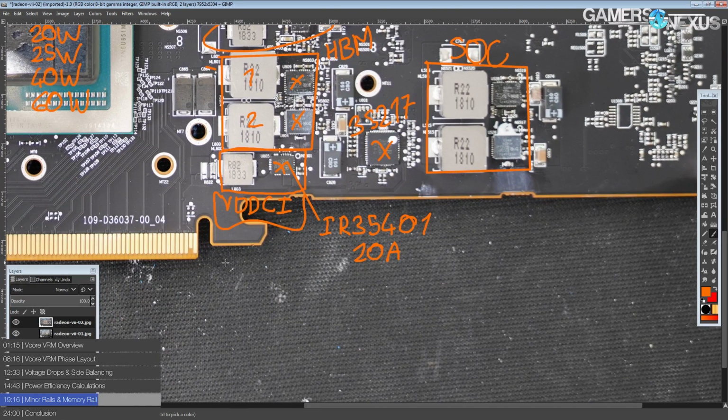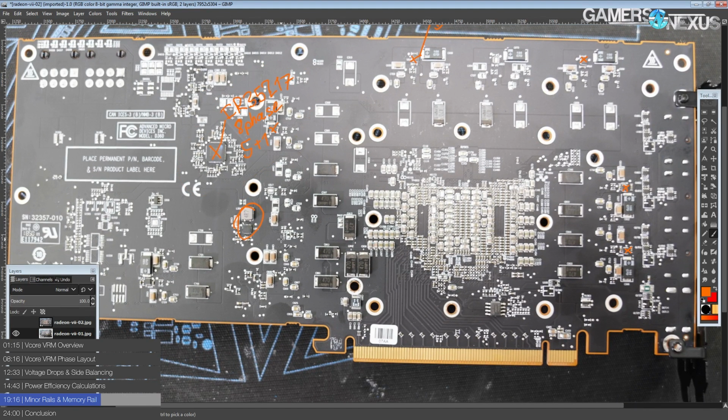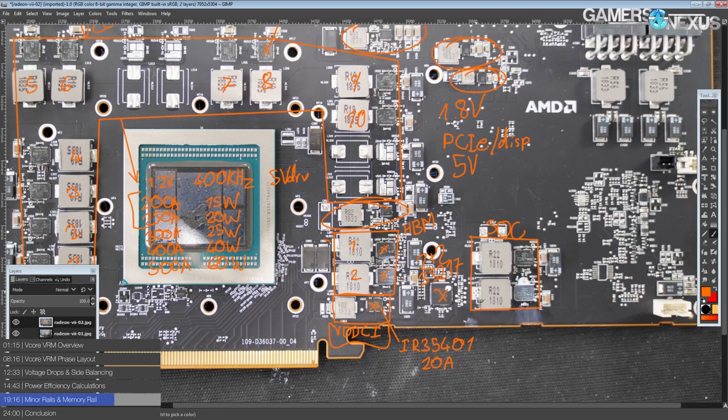The VDDCI, I'm assuming, is running off of the 35217 on the back, because this one is obviously maxed out at 7+1, right? And so this one straight up can't do a 7+2, which you need for the HBM and the SoC rails. So this 35217 here is running in a 2+2 configuration for HBM and SoC. Both of those are again on more TDA 21472s, which is probably ridiculous overkill for both of them, because the